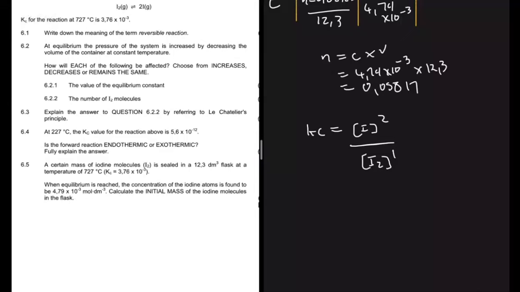So we're going to have 3.76 by 10 to the minus 3 is equal to the concentration of I squared, which is 4.79 by 10 to the minus 3, divided by the concentration of I2 to the power of 1. That will be n minus 0.02985 divided by 12.3. So basically, for us to find the initial mass, we have to solve for n first,